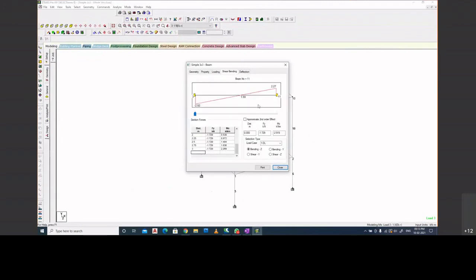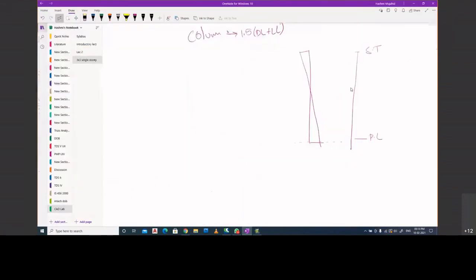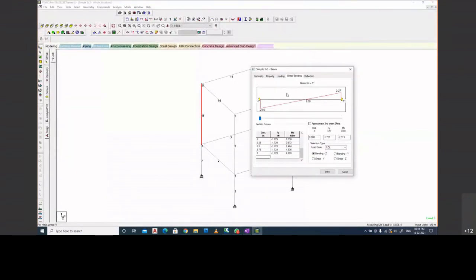So it is having a bending moment of 2.92 at the base and 2.27 at the top. And what about shear? Shear force is negative 1.73.